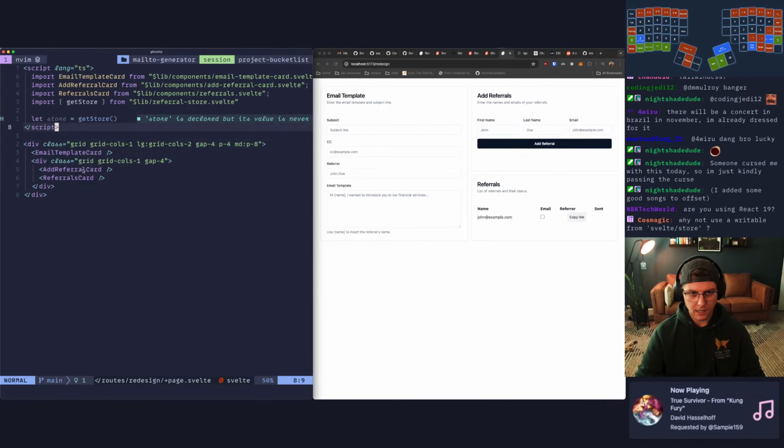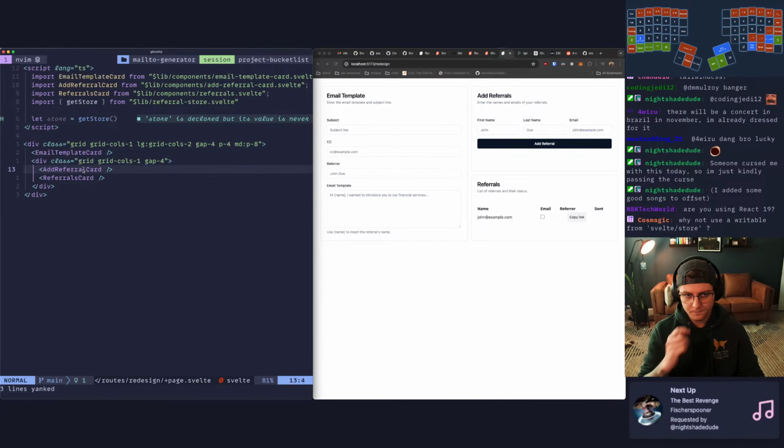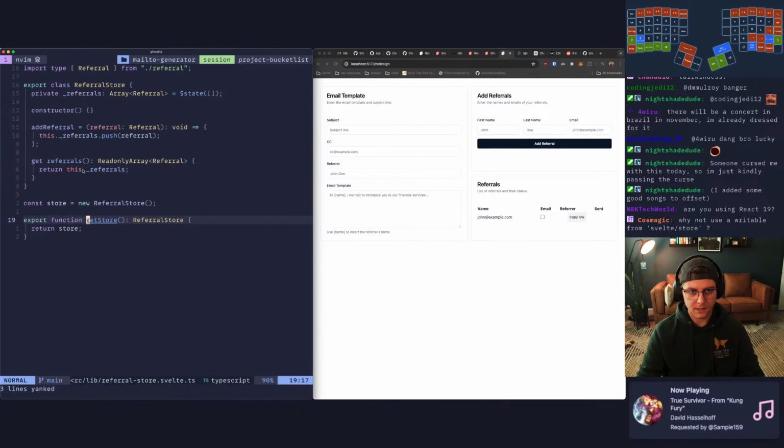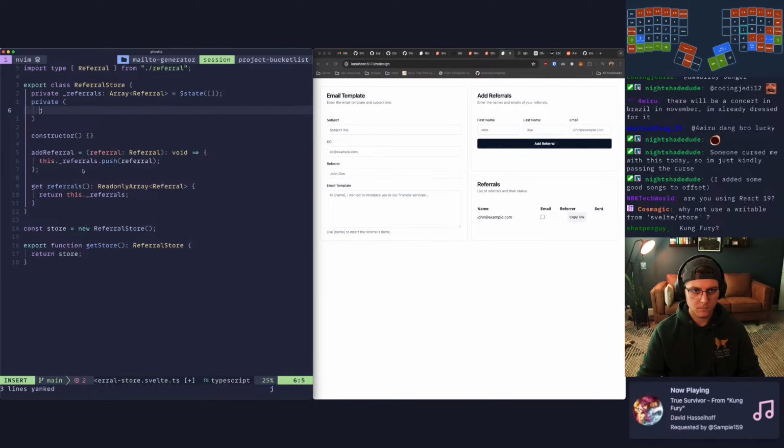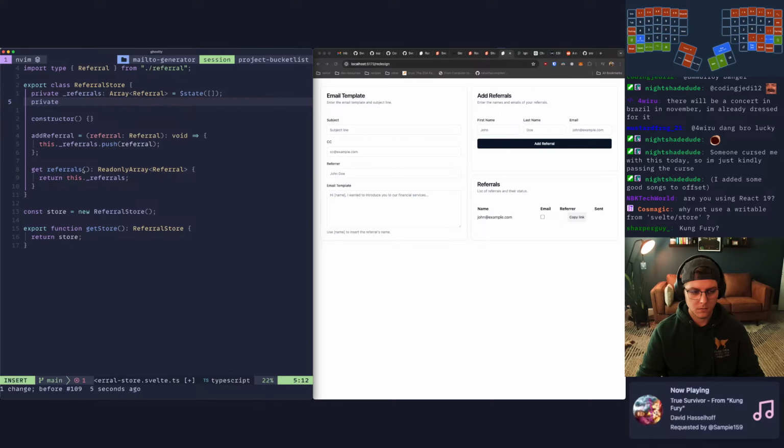Let's go to, actually we don't even need this store in here now that I think about this. Let's go to our, we need more state actually in our store. We need private, we'll say subject is going to be a string, and this is going to equal more state, and this will just be an empty string.